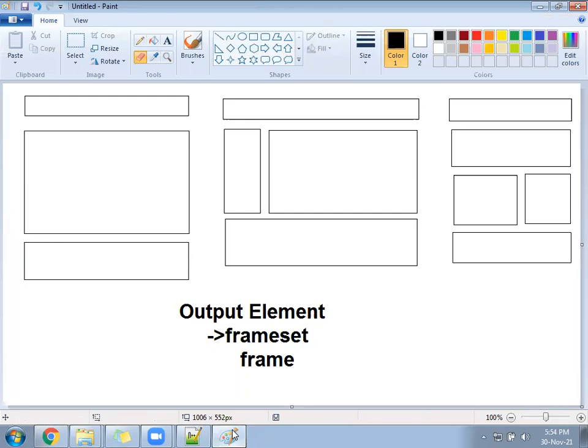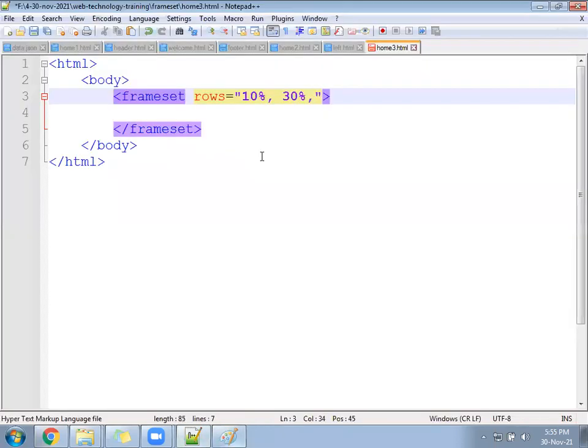Let's give it 30%. The remaining is how much? 10 plus 30 is 40, so the remaining is still 60. In the 60, how many columns do we want to break? We have to do 2.